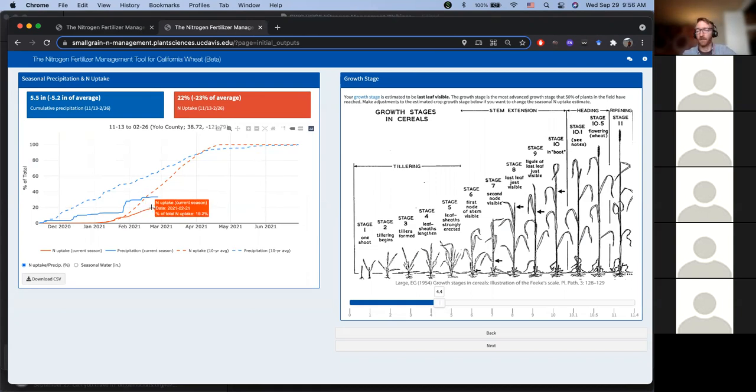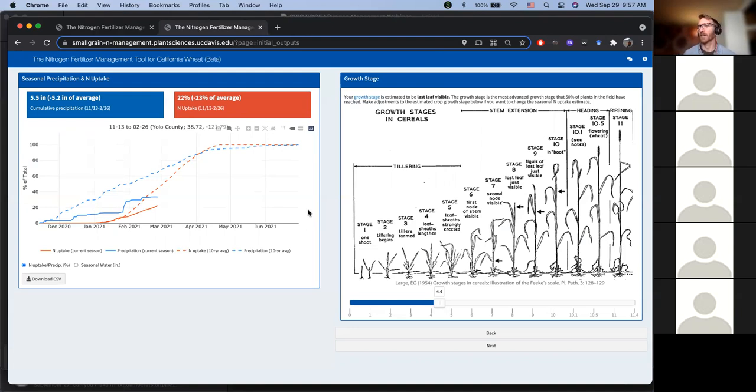We're in the end of February, and we actually haven't taken up a whole lot of that nitrogen yet. It's all coming in between March and April, at least in that year, or on average, that's when most of that occurs. And so if you dose it with nitrogen at that time, you're not going to get as much leaching, and it's just a little more effective in stimulating that biological response. So anyway,